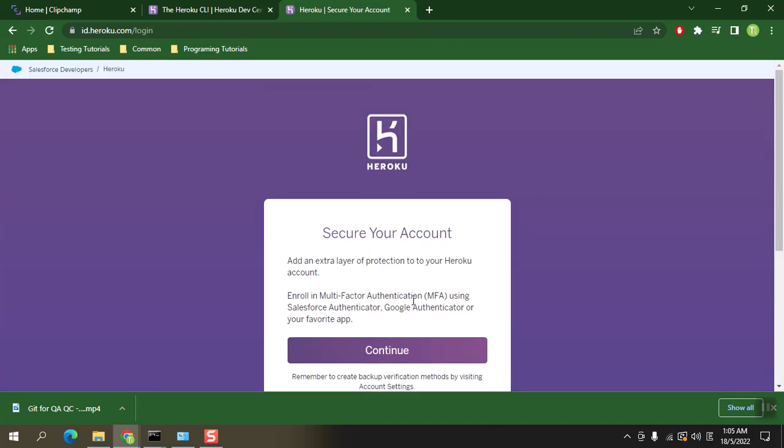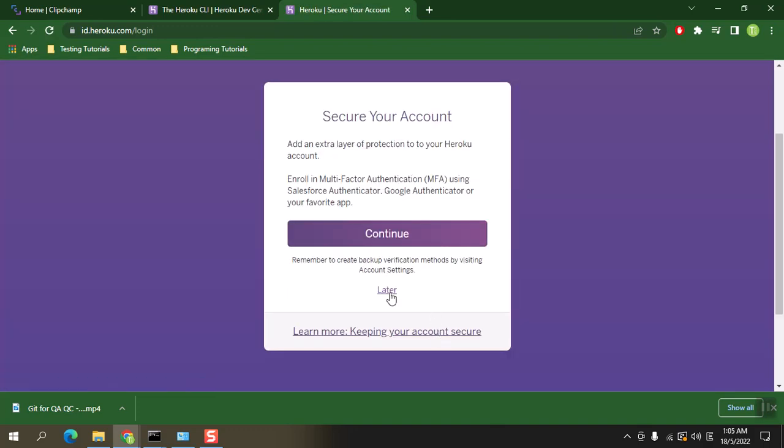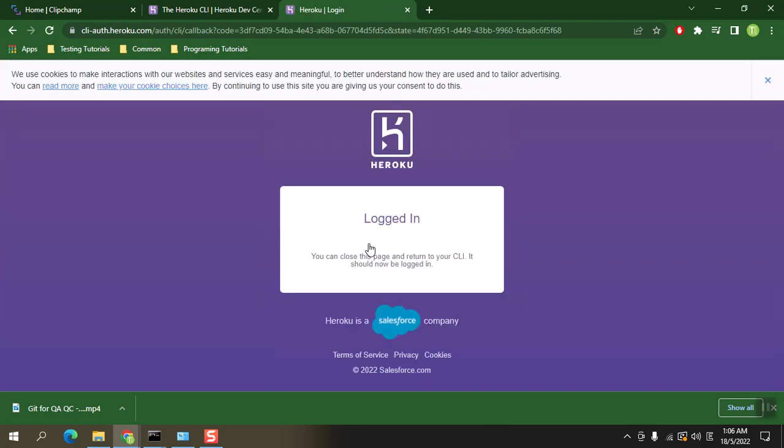I click here and I click later. Okay, I don't want to set up 2FA on my account, so I click on later, and you can see we just logged in successfully on my browser from Heroku